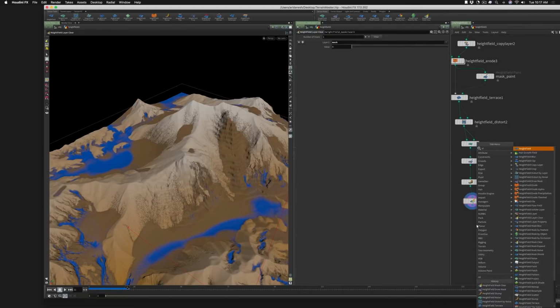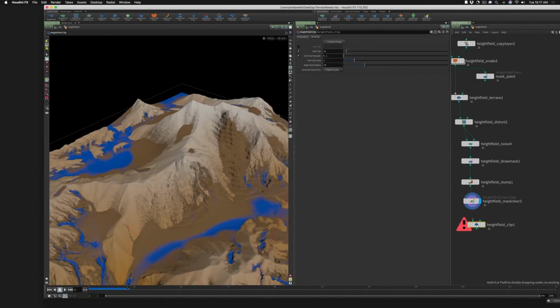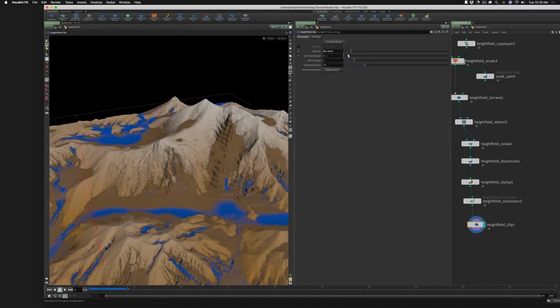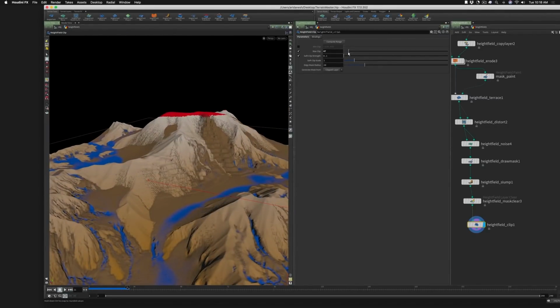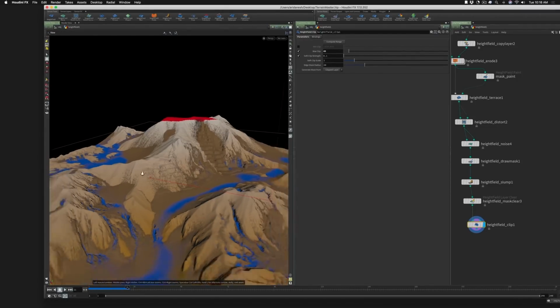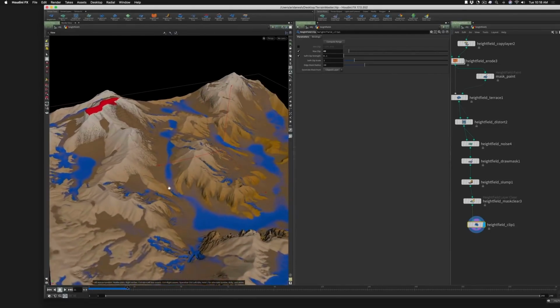We have a height field clip. So if you don't want all the peaks you have here, you can say height field clip, compute range, and it says, okay, I want to knock those guys out right there. And you can see I could soften the range by my max clip height. It does take a mask, so if you want to just say I only want to work in a certain